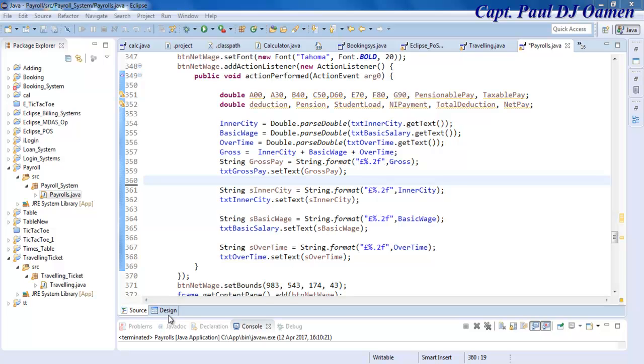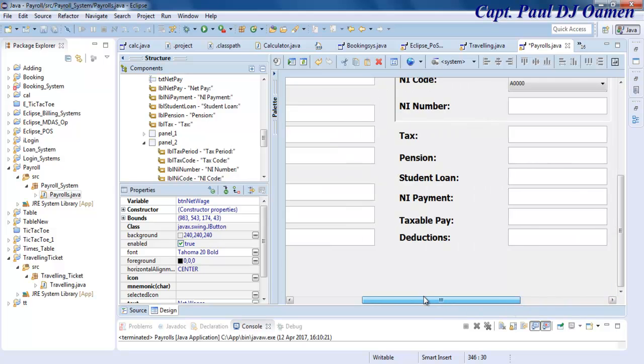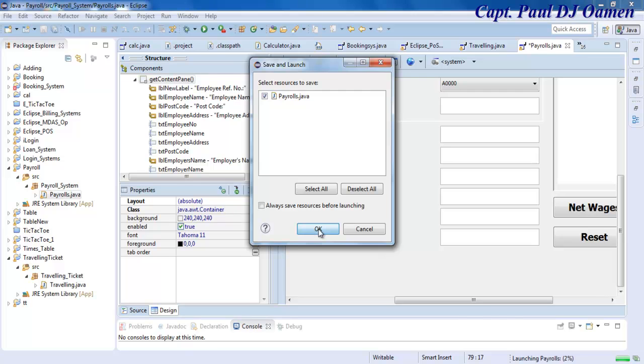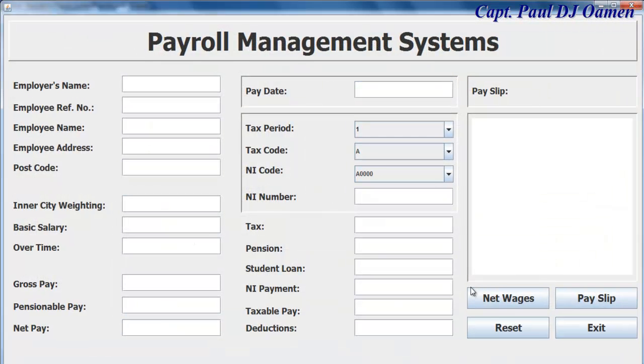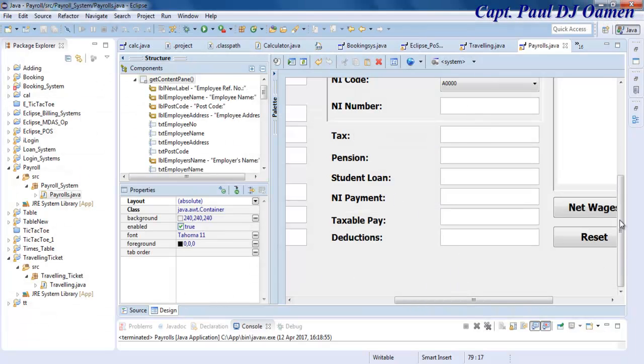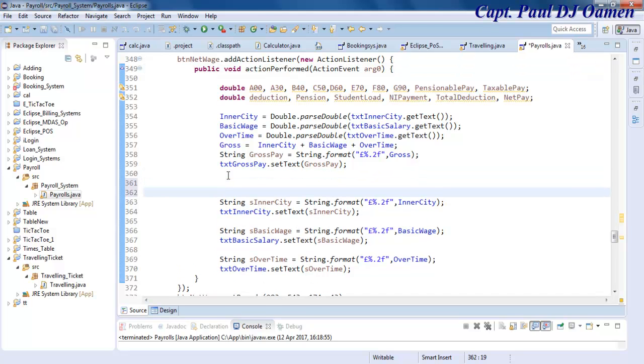Okay, the next thing I'd like to do is, let me show it to you guys. You see all of these. Let's run it and see. When I click on this button, I would like it to automatically show me the calculation for the following. So to achieve that, what I would do is come right in here, double click on that. Let me add a space in here,